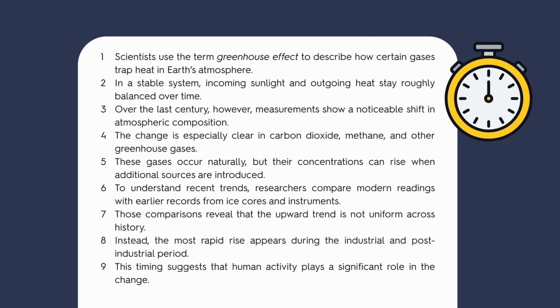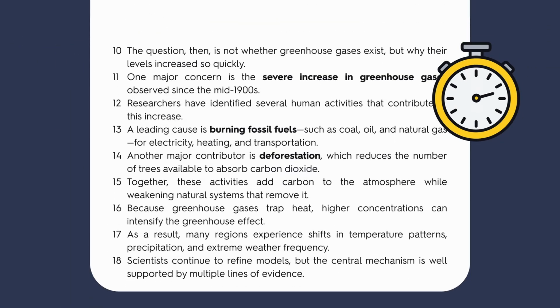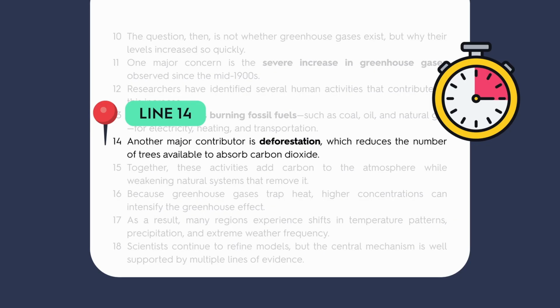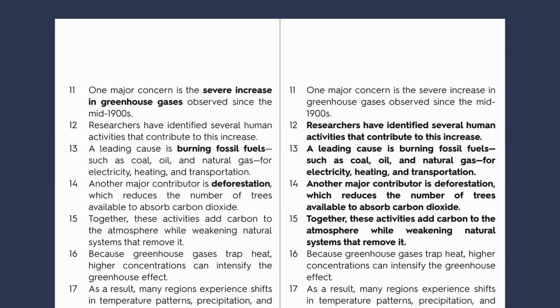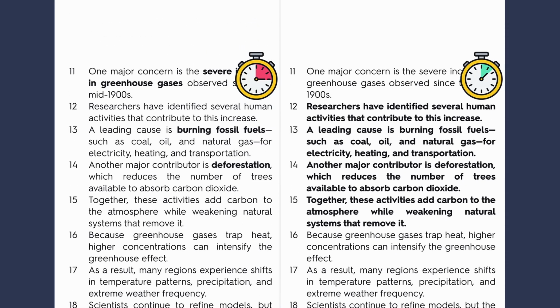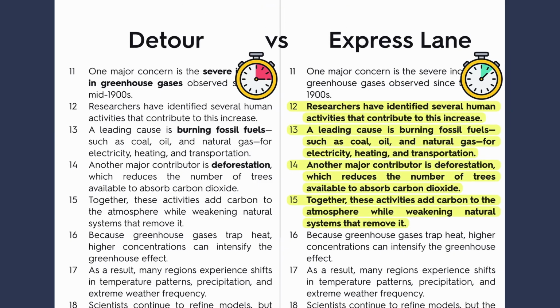On ACT reading, some questions slow you down. Line reference questions can actually speed you up if you use them the right way. When the test gives you a location, you don't need to reread the whole passage, but you do need the right amount of context. Without a strategy, it's easy to reread too much and waste time. But with a clear plan, focusing only on the relevant section and its context, you move faster and with more